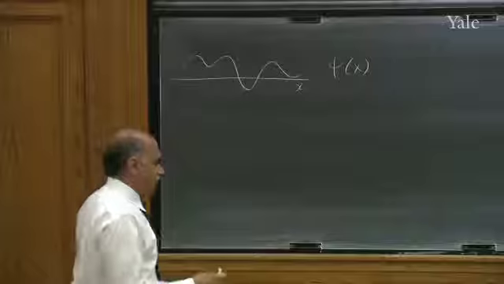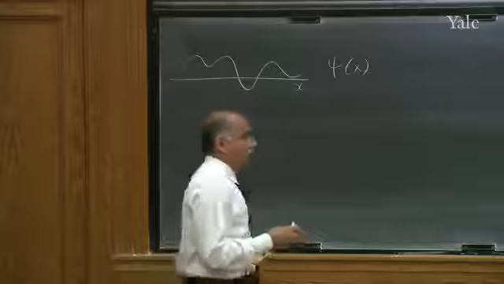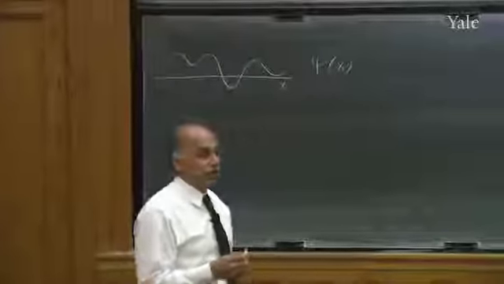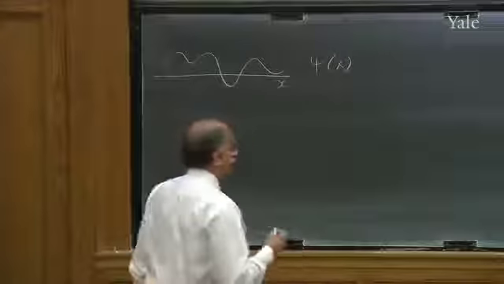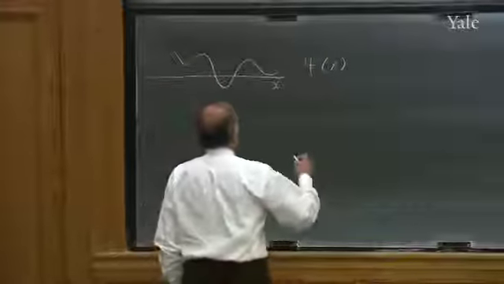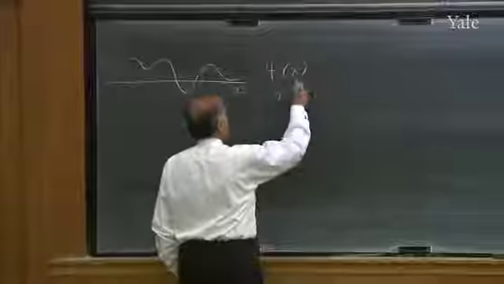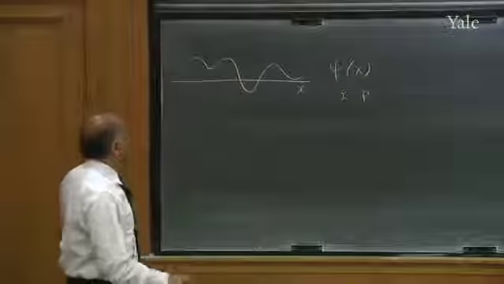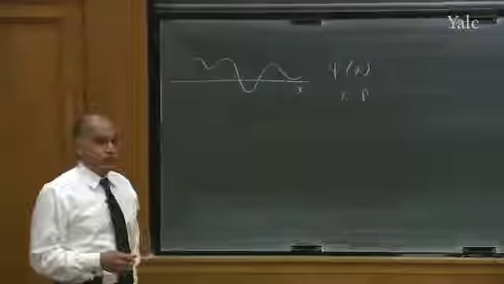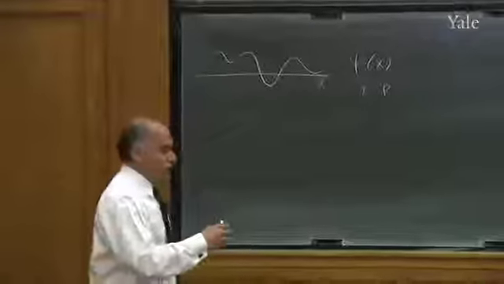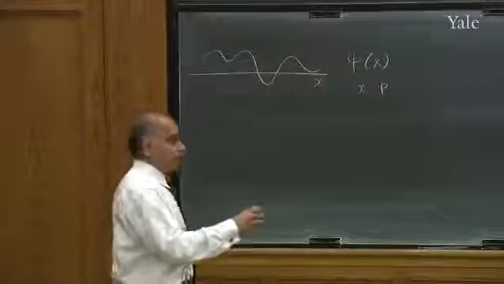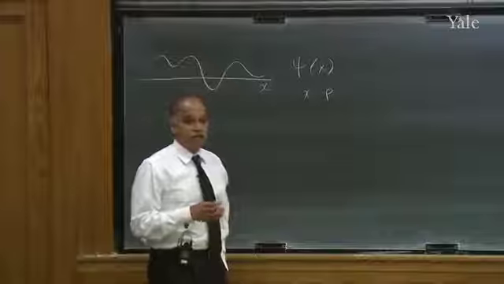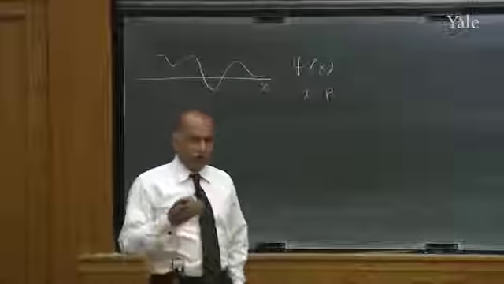By the way, everything I'm doing now is called kinematics. In other words, kinematics is the study of how to describe a system completely at a given time. For example, in classical mechanics, for a single particle, the complete description of that particle is given by 2 things: where is it, and what its momentum is. Dynamics is the question of how this changes with time. If you knew all you could know about the particle now, can you predict the future? By predict the future, we mean, can you tell me what x will be at a later time and p will be at a later time? That's Newtonian mechanics. So the kinematics is just